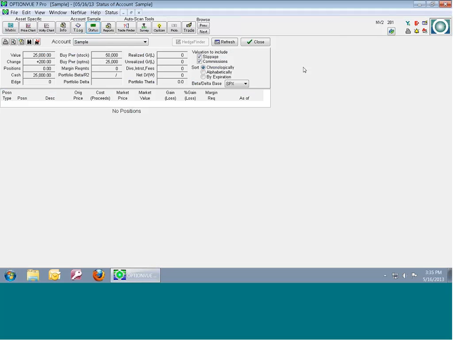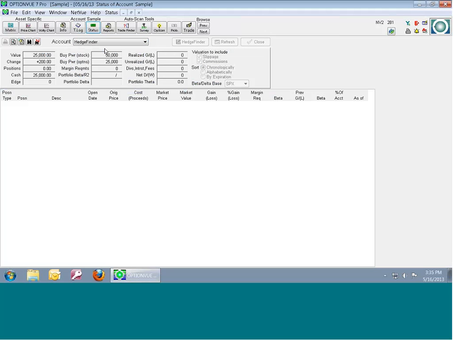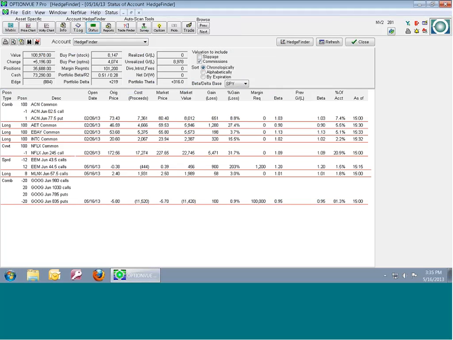Well, I guess while I'm in here, and I showed you, I had this one account, Hedge Finder. I was kind of looking at it, and then I created this big Google Iron Condor. So it costs $100,000, taking up almost all the account. It's almost overwhelming everything else. And so Hedge Finder allows you to graph all your positions relative to